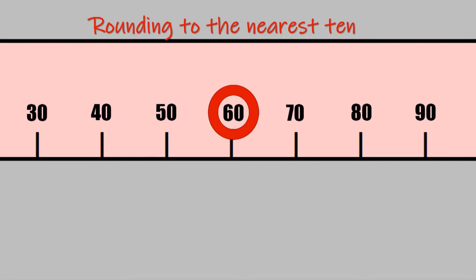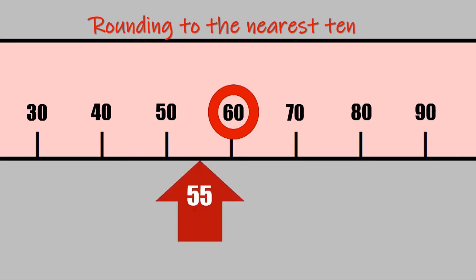So let's say we're rounding to the nearest 10, and we've got an answer of 60. Can you see I've marked on this number line the multiples of 10 that are around about 60. Now if our answer has been rounded to 60, well, the smallest the accurate answer could have possibly been is halfway between the 50 and the 60, because anything to the left of that arrow would have been rounded down to 50, and of course anything at the arrow point 55 or to the right of it would have been